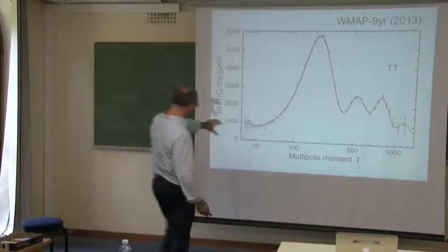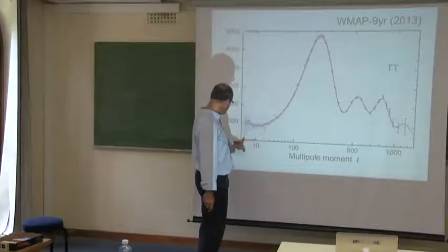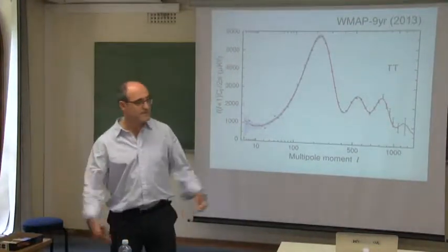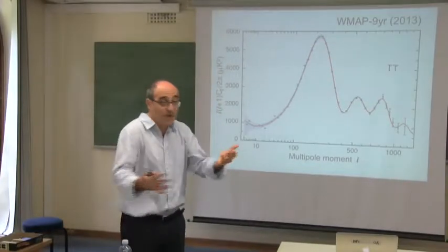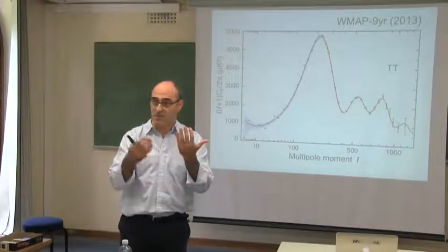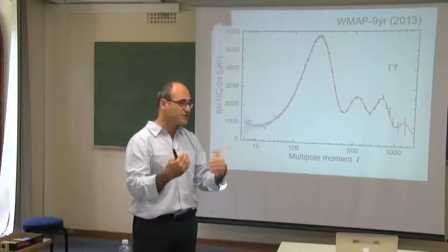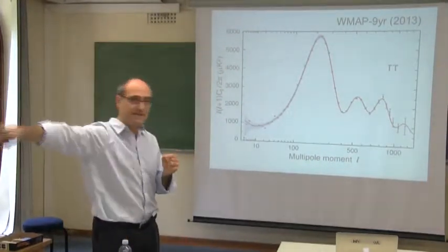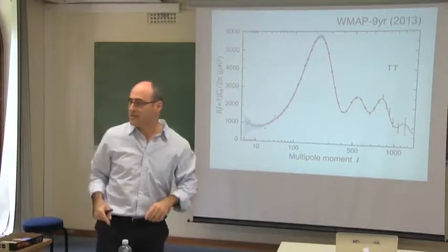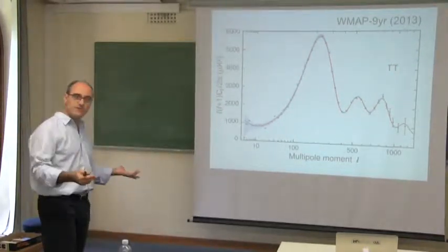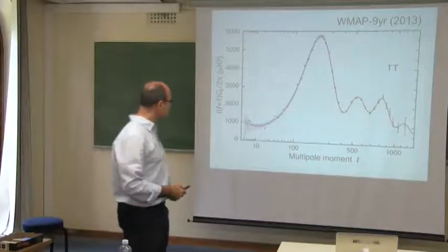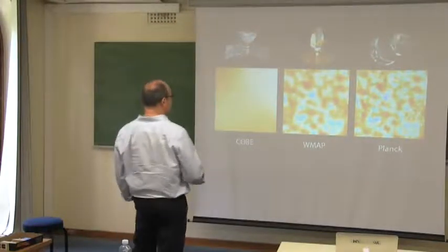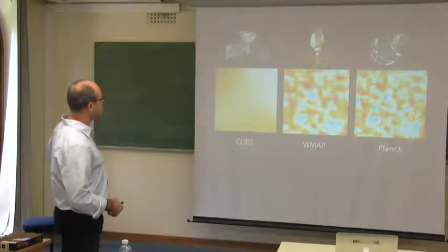There are certain aspects like this, even at very low multipoles, that you cannot account for by ordinary physics. Perhaps there is physics there, yes, but we are always subject to the constraint that we happen to live in a particular part of the universe. If we could go to the other side of the universe and see another sky, we would be able to lower this cosmic variance. But unfortunately, we can't do that, right? We're stuck to our Earth or our surroundings. So the thing to do is go to high resolution, with Planck.